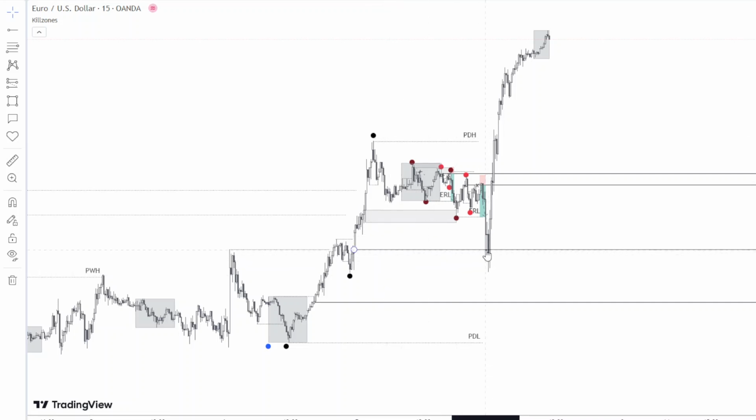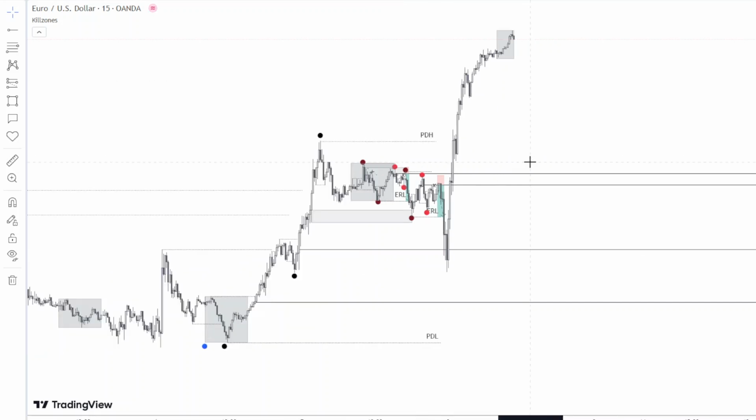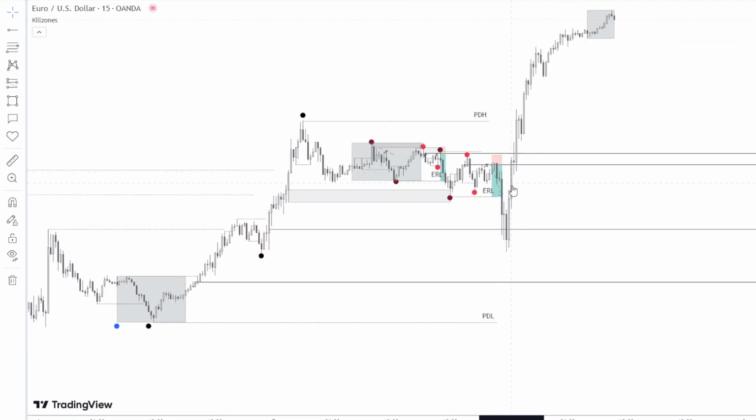But I wouldn't trade this as a direct entry, so I just left my chart as soon as price was somewhere here. Okay, because I knew it was going to go and break the